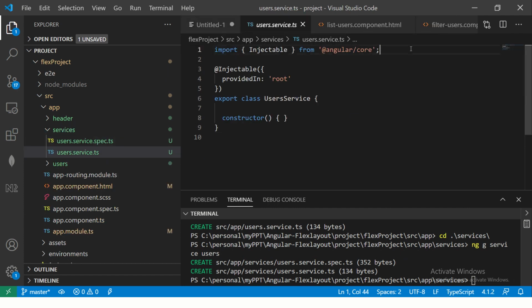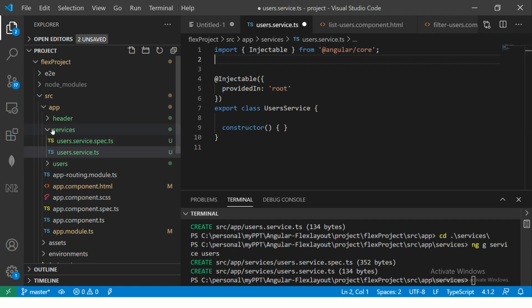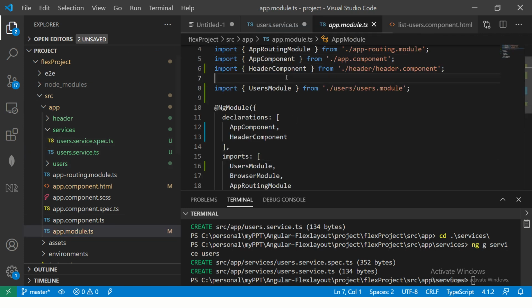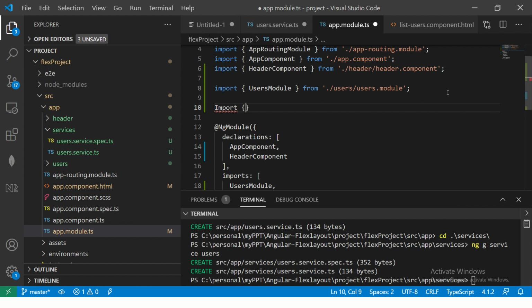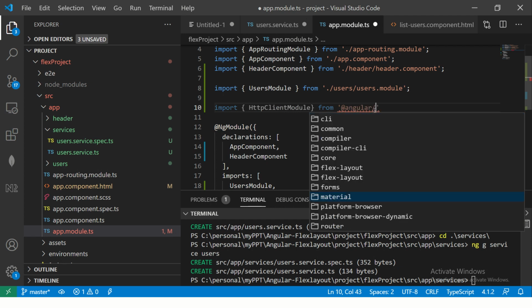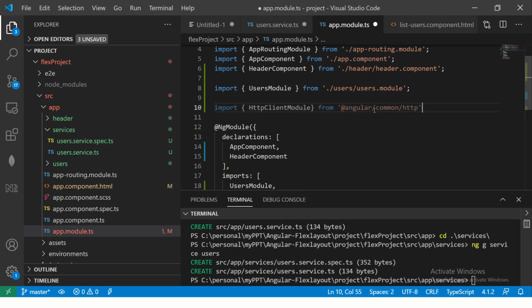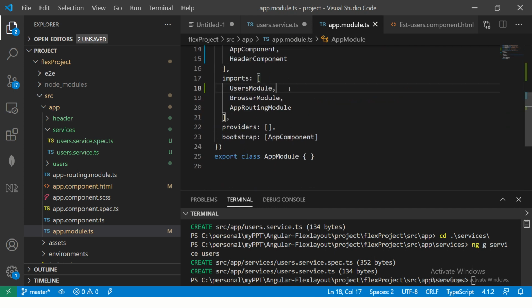So ideally what will happen is you would have something like this in the app module. I'm going to inject. This is how real-time code would look mostly. Just bear with me. Okay, so now I have imported HttpClientModule in app module, and I'm going to inject it right here